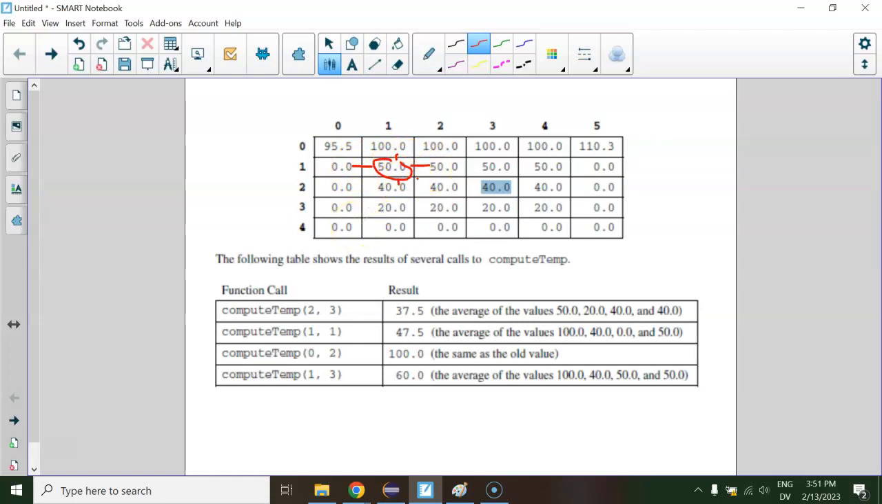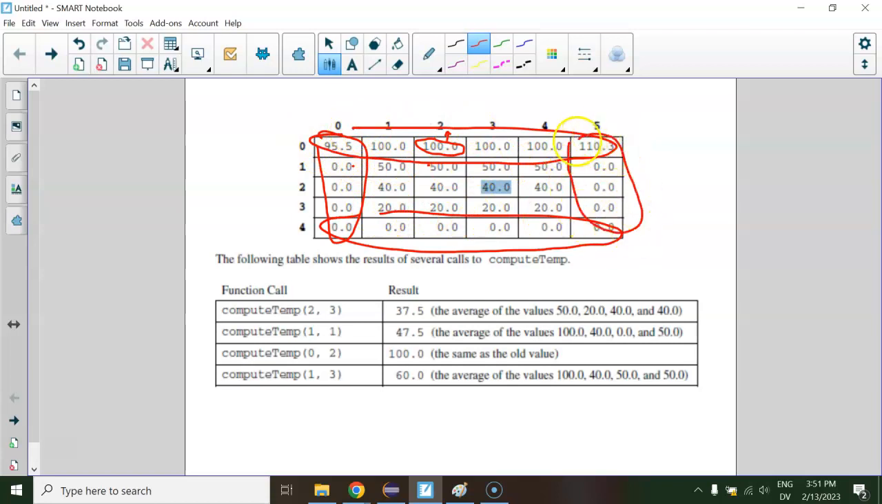Okay, and then the tricky part is if you're on the edge. So they do an example here of 0, 2, which would be this spot right here. So the problem here is you can't do the average of the 4 because there's no value up above it. So they just say if it's on the edge, just return the value that was already there, which is 100. So basically anything along this edge, this edge, this edge, or this edge, we just return the same old